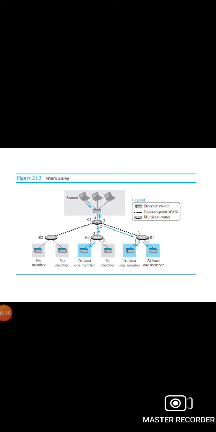We can imagine the complexity of multicast routing, and two approaches have been used to solve this problem. One is source-based trees and the other is group-shared trees. In the source-based tree approach, each router needs to have one shortest path tree for each group. The shortest path tree for the group defines the next hop for each network that has loyal members for the